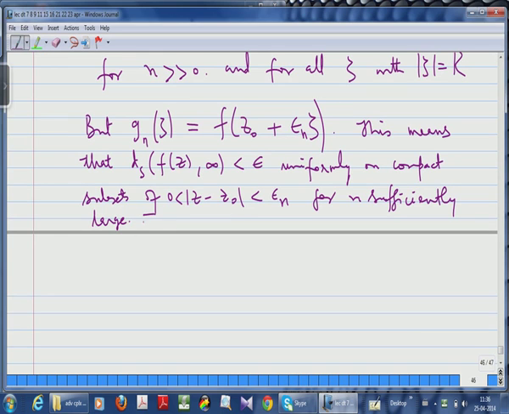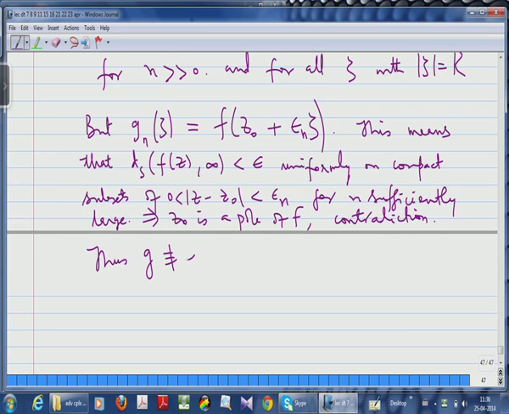So this implies z0 is a pole of f, which is a contradiction, because we have assumed z0 to be an essential singularity. Thus the zoomed limit function g cannot be identically infinity. Therefore, what is the other possibility? It has to only be an analytic function